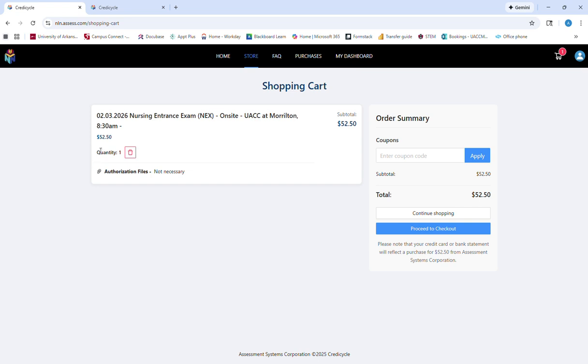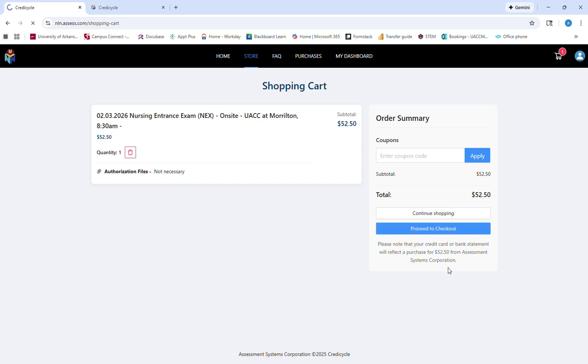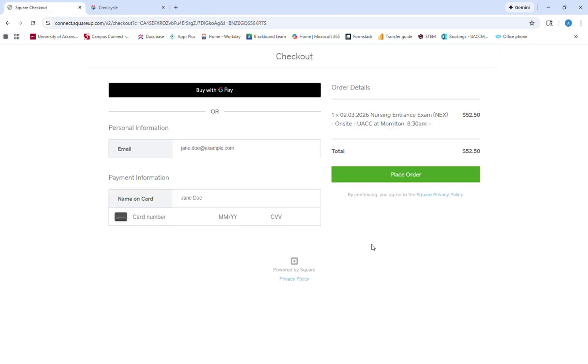Once you go to view cart, you will proceed to checkout, and that is where you will enter in your credit card information and then place your order. So once your order is placed, this is affiliated with our testing center, so we will see it on our end. So just show up on that test date and time, and please have a photo ID with you